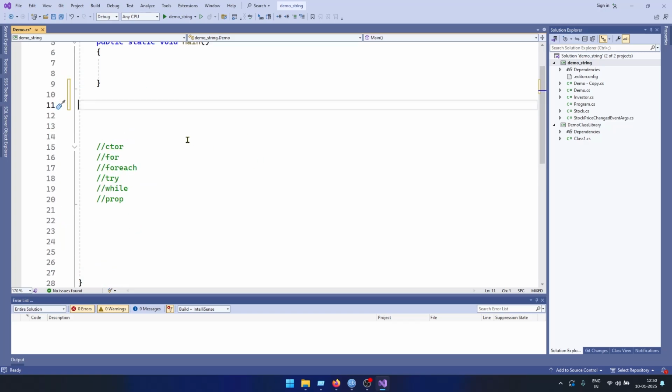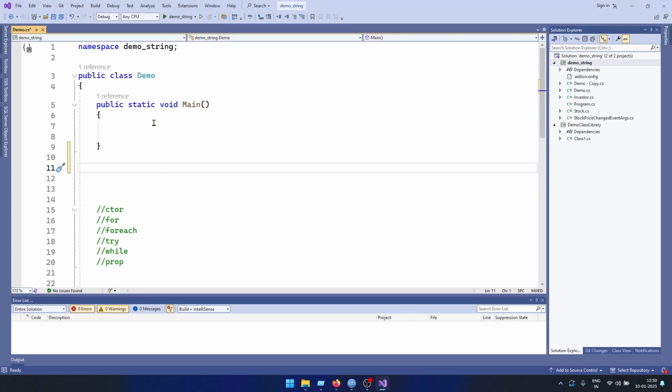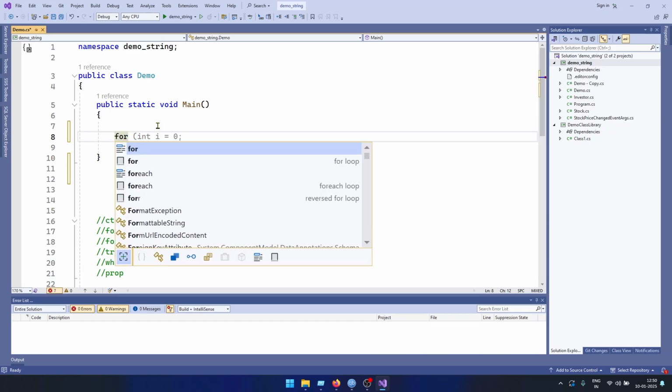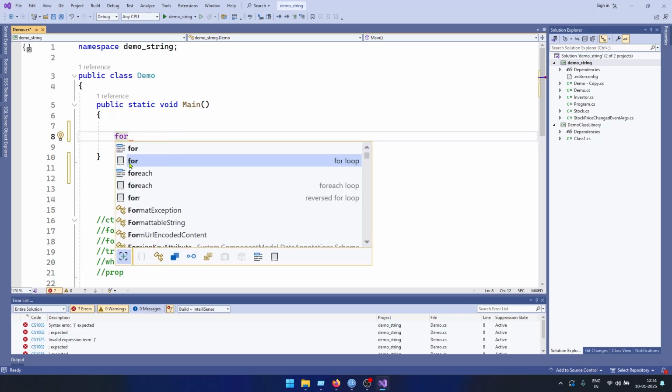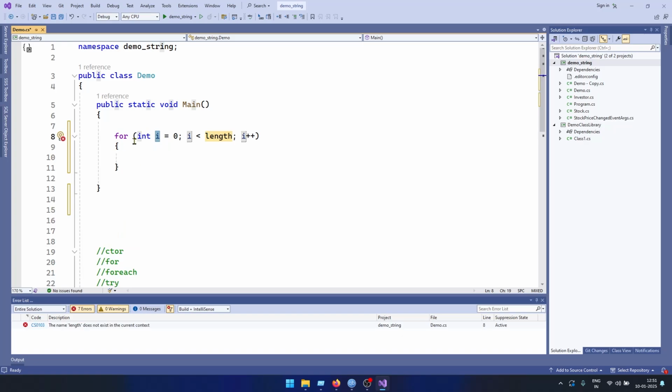The second snippet that we can see is a for loop. So when you are inside any method, you can type for here. See the second option here. This is nothing but a code snippet. Whenever you see this kind of rectangle sign with dots at the bottom, it means that is a code snippet. When you press tab here, it will automatically put the code for the for loop, and here my cursor is